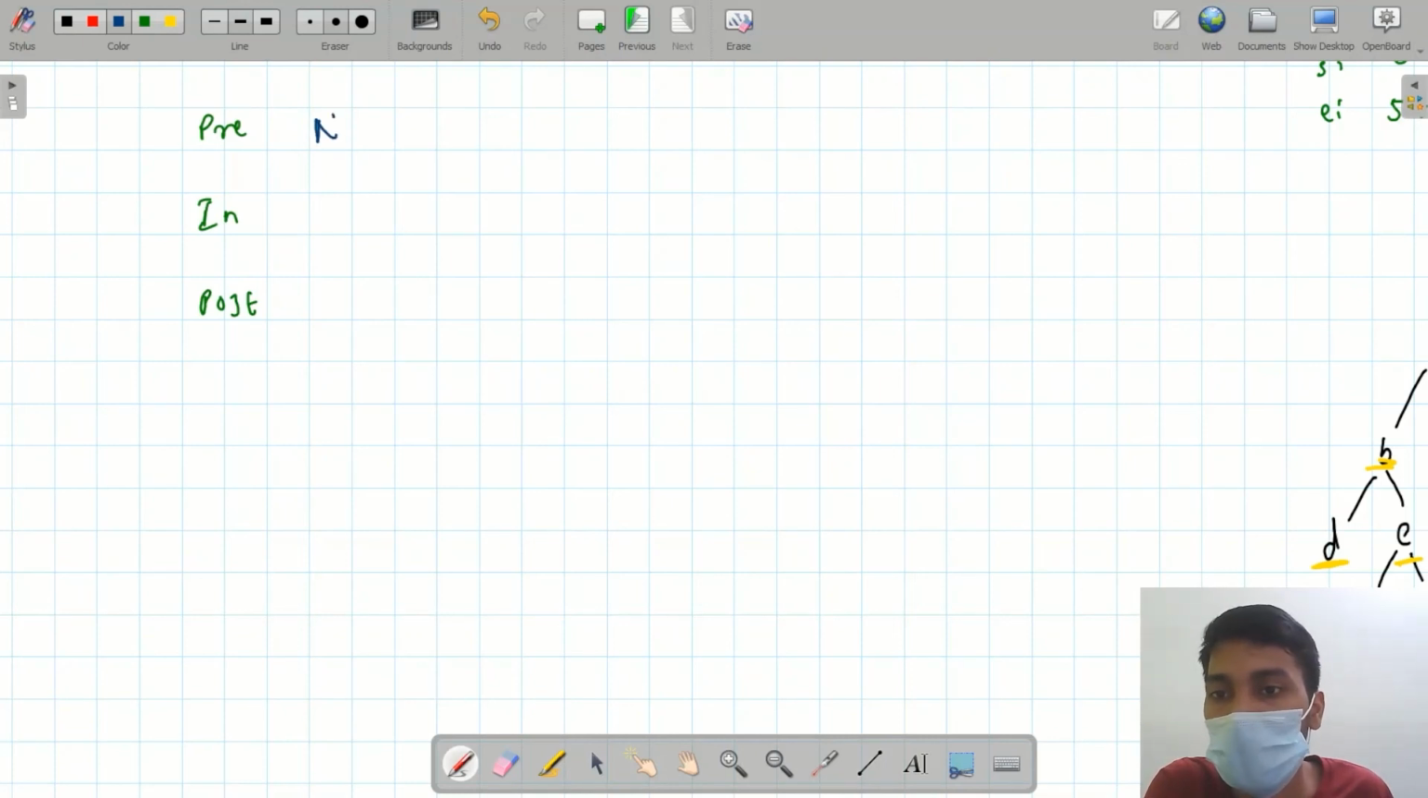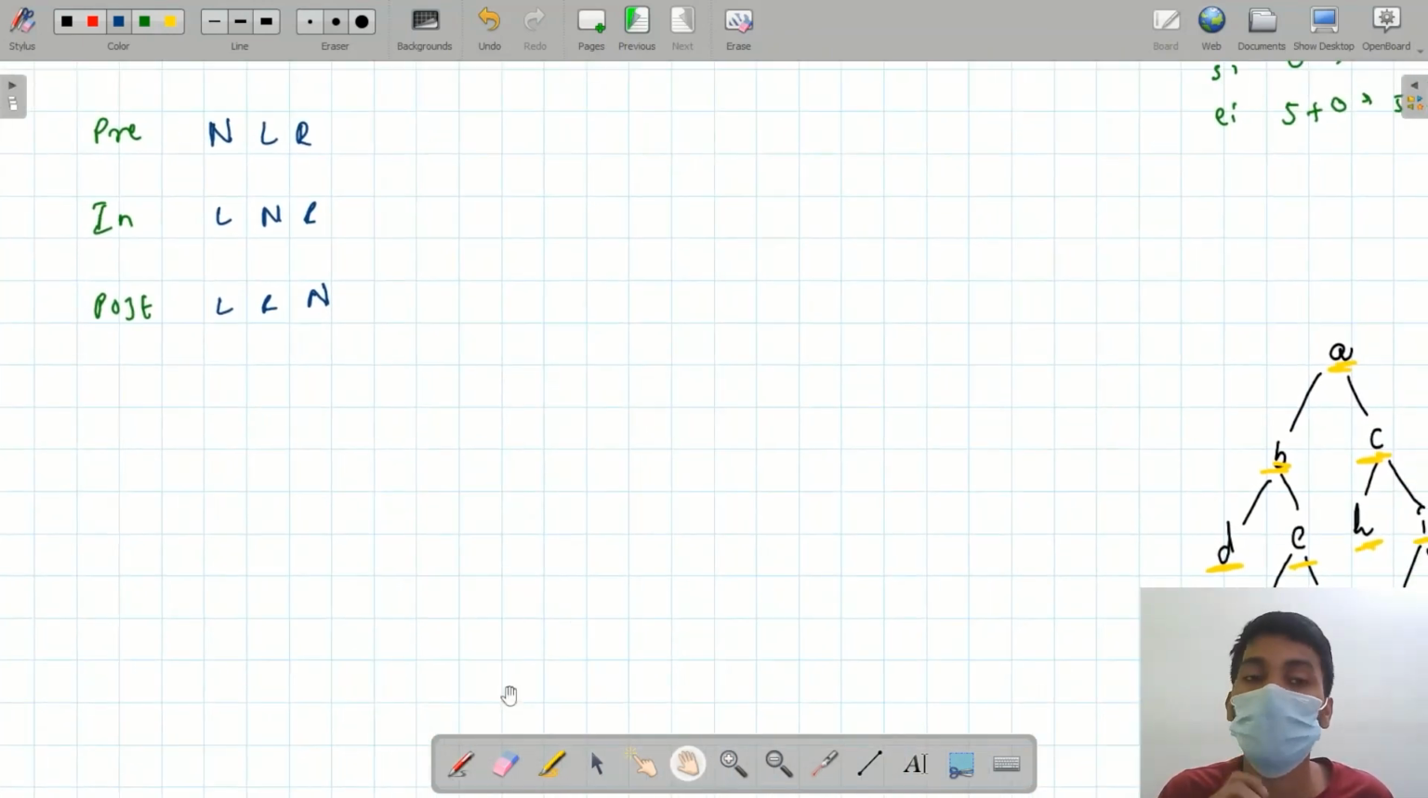In this one we visit first the node, then left, then right. Here we visit first left, then node, then right. Here we visit left, right, and then node, right? So why is this property actually important to us, and why was this constraint given